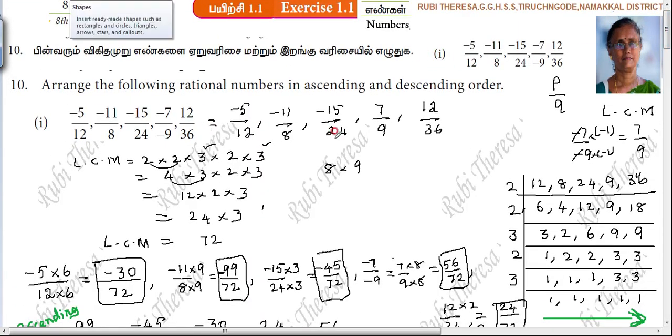To find out the LCM, 36 comes, multiplied by 2 gives 72. First, 36: is it divisible by all these four numbers? No. So now you are multiplying it by 2. 72: is it divisible by 12? Yes. Is it divisible by 8? Yes. Is it divisible by 24? Yes. Is it divisible by 9? Yes. If 36 is multiplied by 2, automatically it will be divisible. Understand? So automatically you can find out the LCM orally.